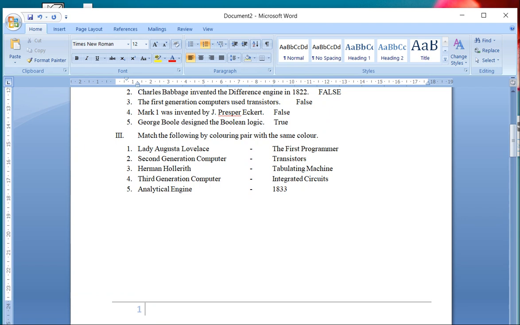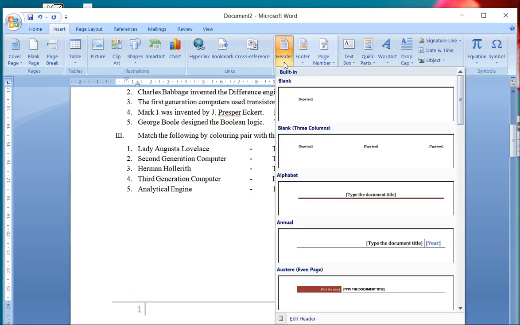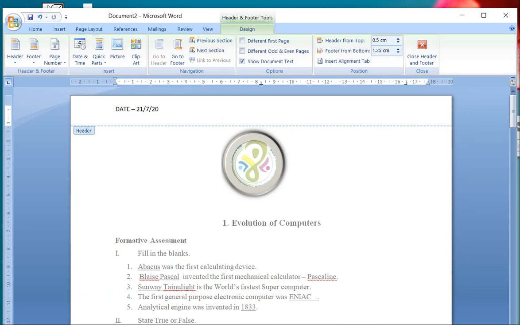Okay. Now, if I want to do the settings of my header and footer, I'll just go to the Insert tab, and in the Insert tab I'll go to the Edit option, Edit header and footer. Once I have clicked on Edit header and footer, then here in the position I can increase from the top the place where I want to add it. I can even decrease from the top. I can even add the footer from the bottom. I can reduce the footer from the top. Understood, students? How to do the editing?